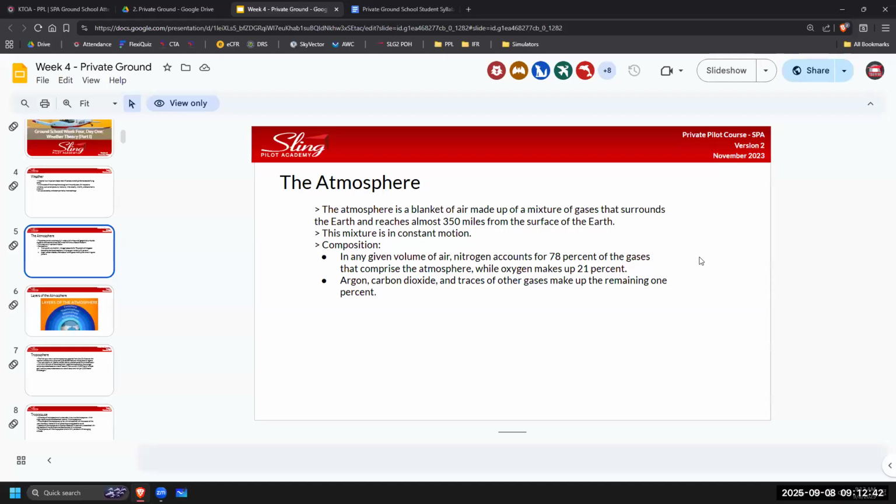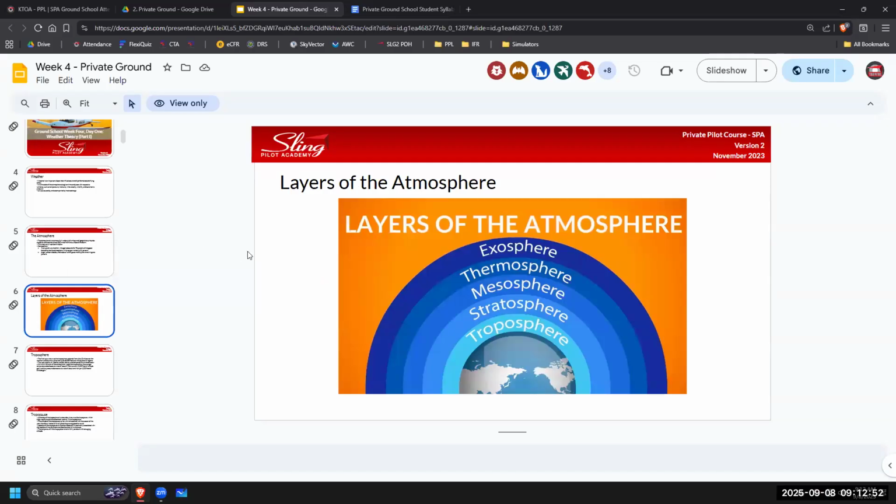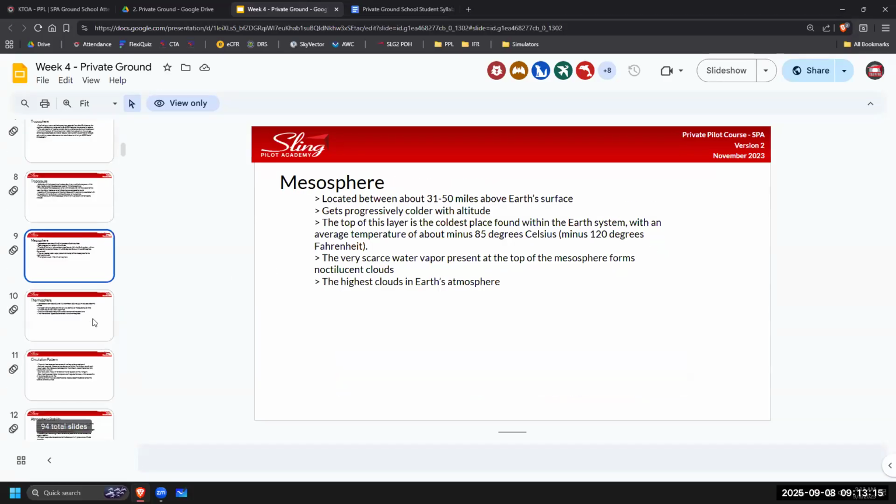Okay, we got this. We keep moving. Layers of the atmosphere. So the most important ones we want to know are the troposphere and the stratosphere. And what's not in this picture is a boundary layer between the troposphere and the stratosphere that's called the tropopause. Also spelled T-R-O-P-O pause, P-A-U-S-E, I believe. There's a slide on here that's called the tropopause that we'll get to.